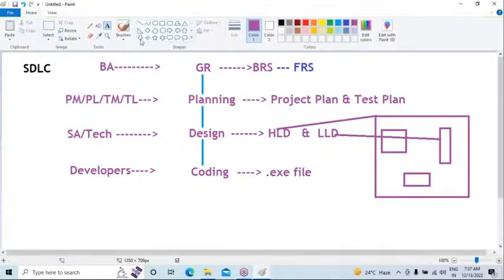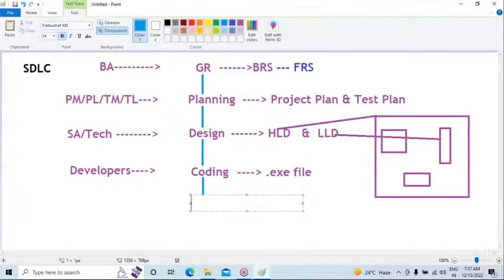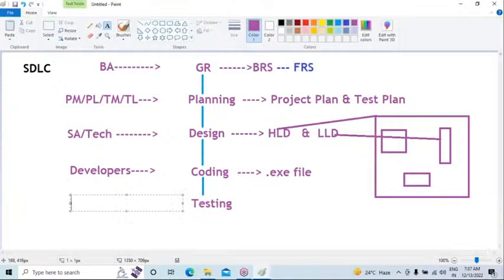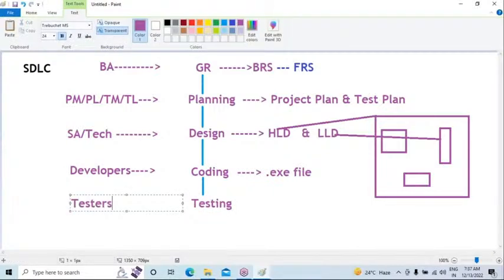Next, once the application is developed, now the testing comes into the picture here. We have to test whether the developed application is going to be meeting all the customer requirements or not. So who are the people involved here? The testers are going to be involved,